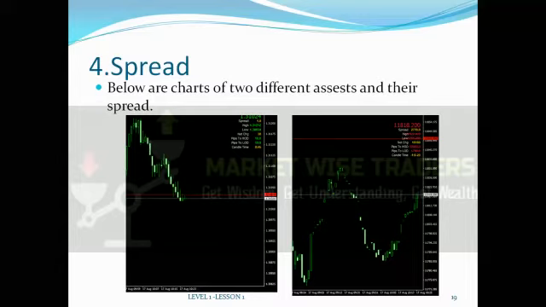Now on the right here, you see the significance of spread. This is a chart of Bitcoin, okay? Bitcoin versus the US dollar. So can you see the difference in the spread? Just have a look at that. If you were to buy, instead of buying at, say, maybe 11,830, the spread means you're going to jump in right up here, 11,848. So already, that's about how much? That's about already like $20-something just for buying.